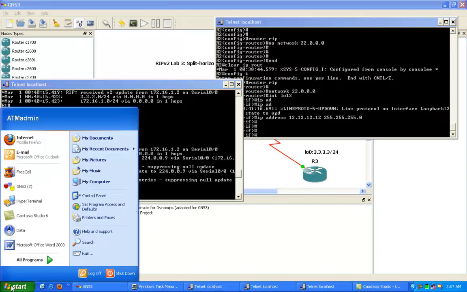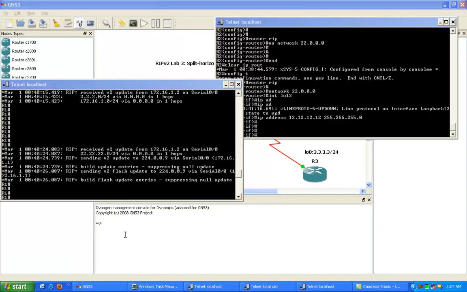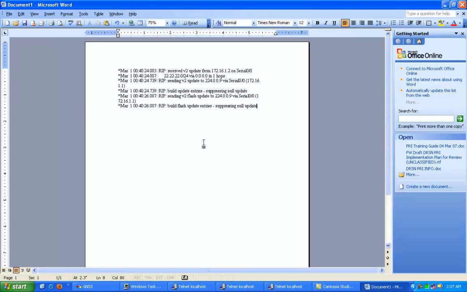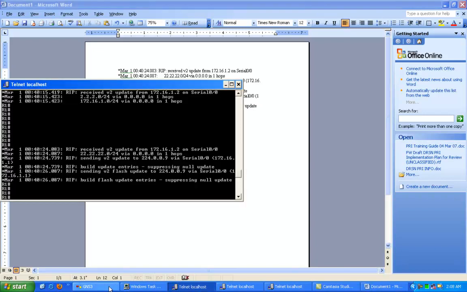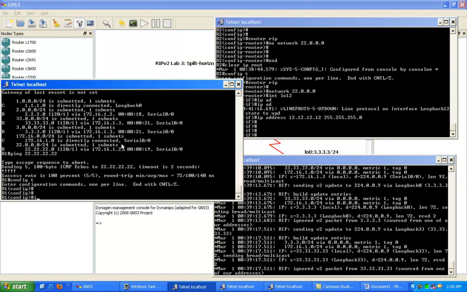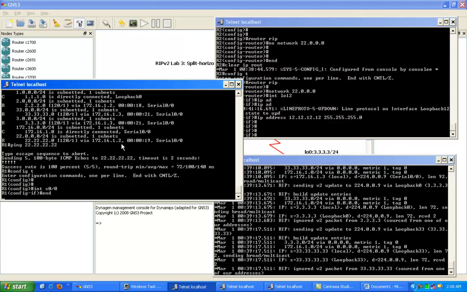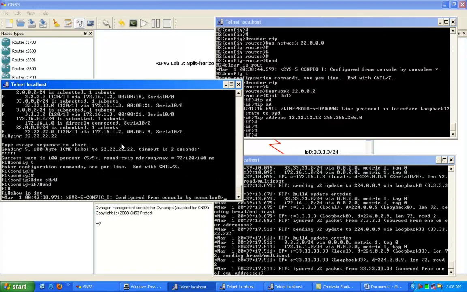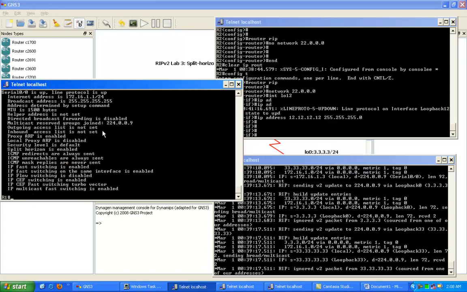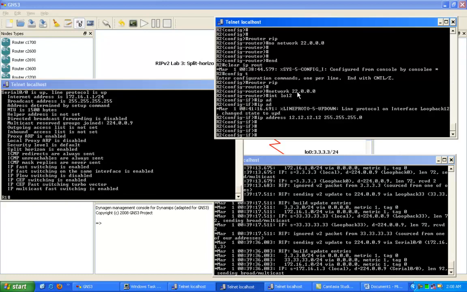We'll copy this information into Word when we advertised the 22 network, and then we'll go back here into router 1. We'll do an interface serial 0/0. Actually, let me show you this again. If I do a show IP interface serial 0/0, what we can see now is split horizon is enabled on the interface. And the 22 network we just added into router 2,